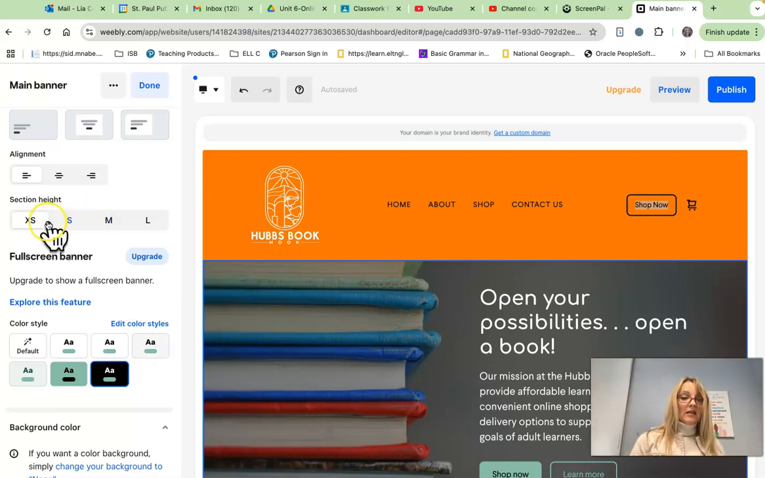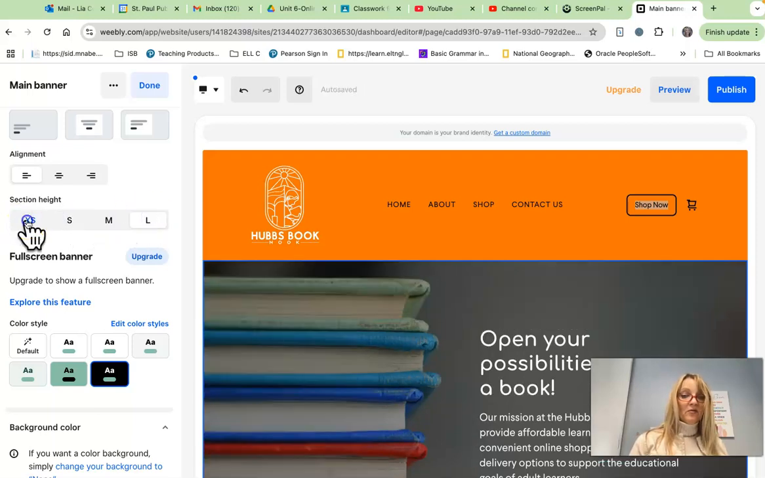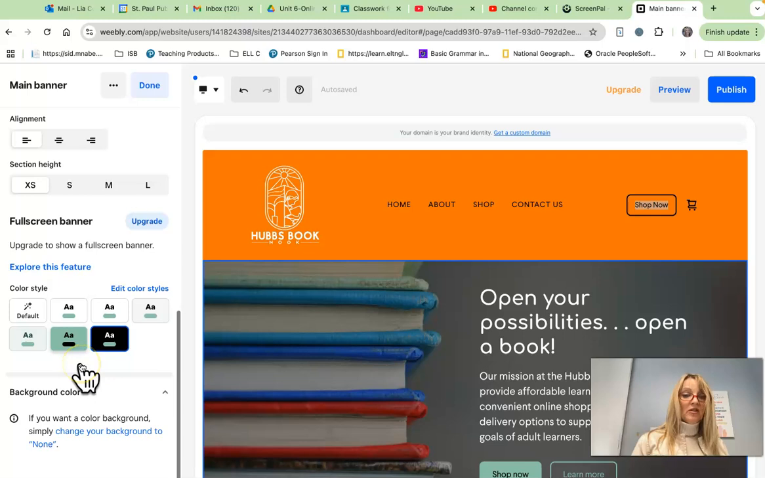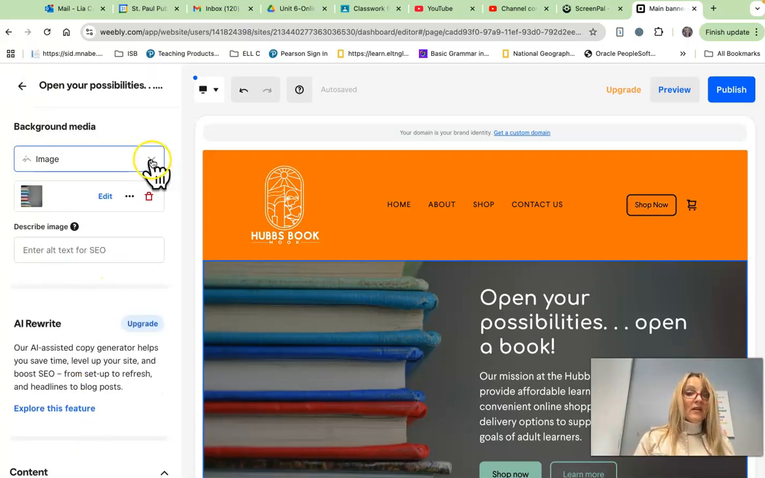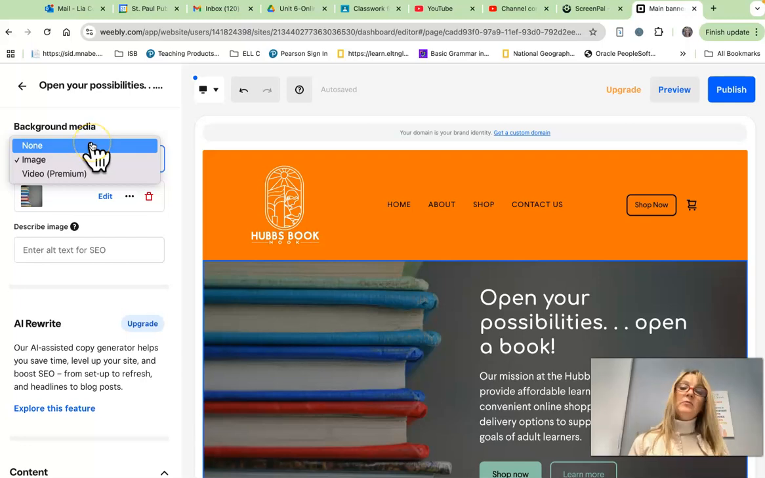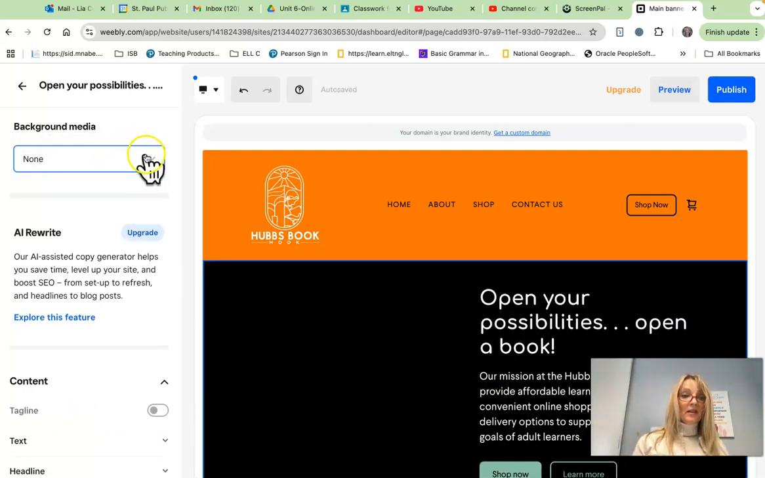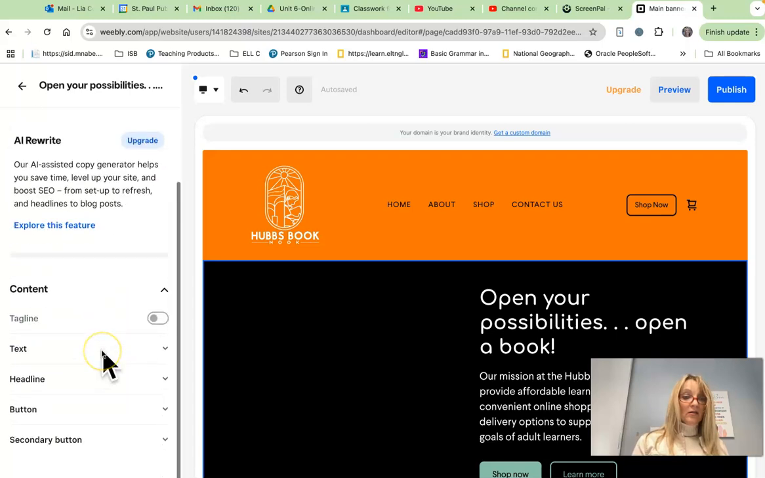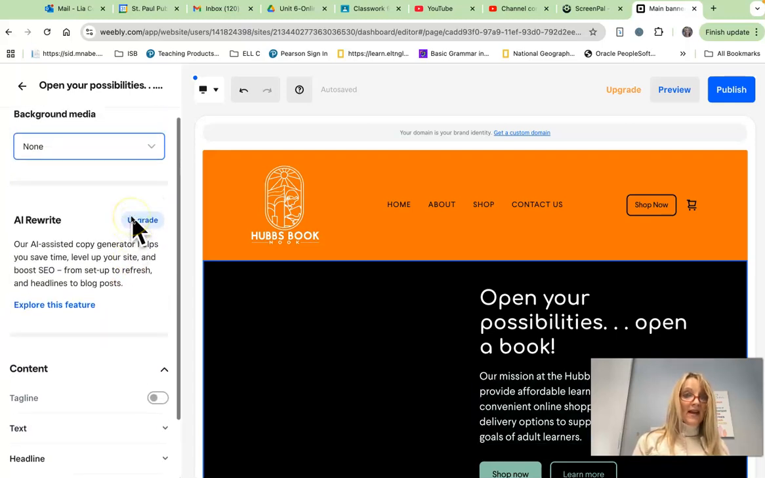You can make the main banner larger or smaller. You can change colors. This one is a little bit tricky for the background color. If you are borrowing a template, you can click on here. None means you're going to be able to use any color you want if you don't want to use an image. So you can click none, and then you can go back,